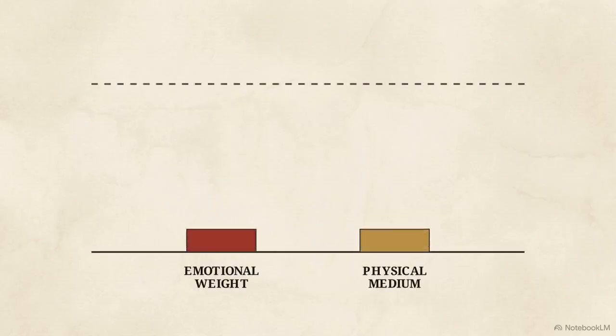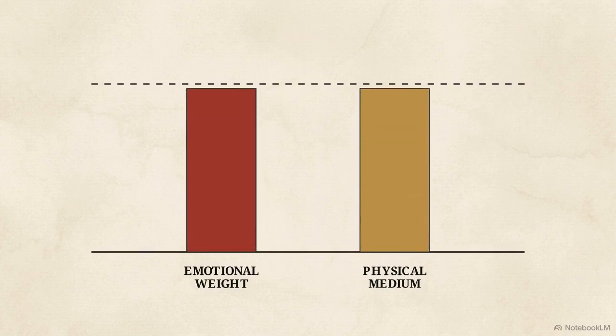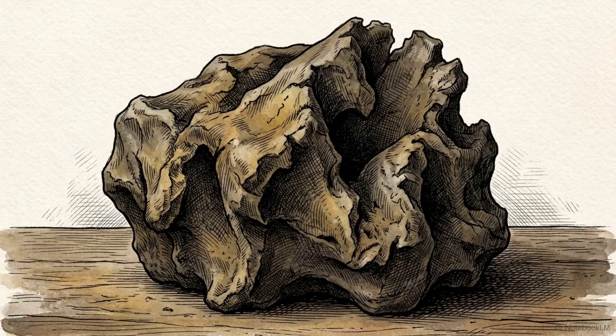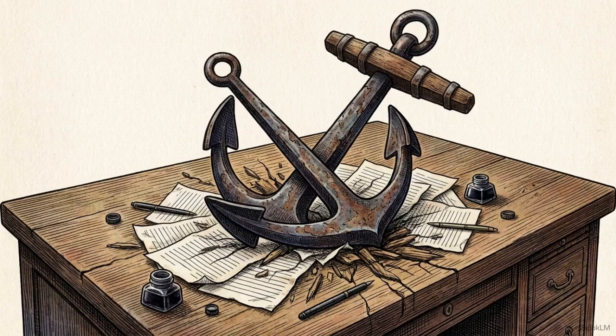The physical medium must match the emotional weight of the vision. If the image was terrifying or distorted, you must mold it or draw it to be terrifying and distorted. Raw, authentic physical expression is the only way to successfully anchor a subconscious disturbance into waking reality.